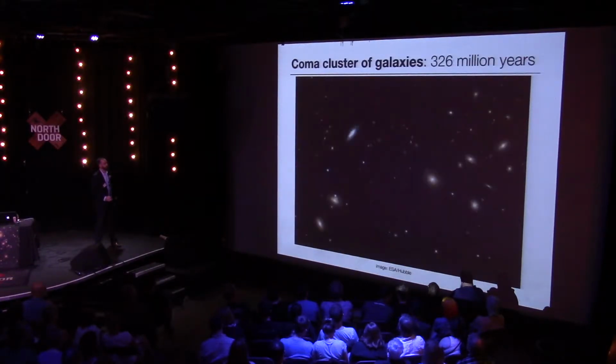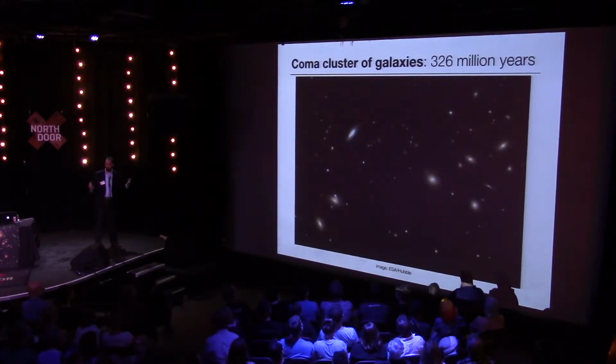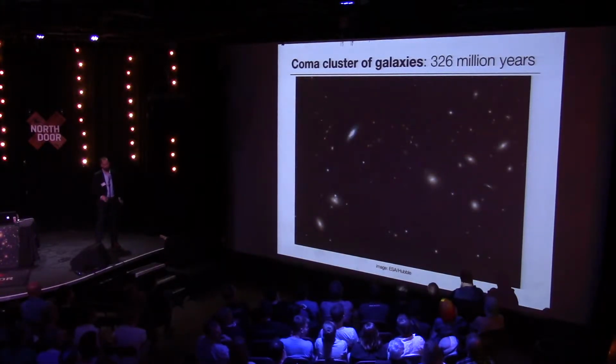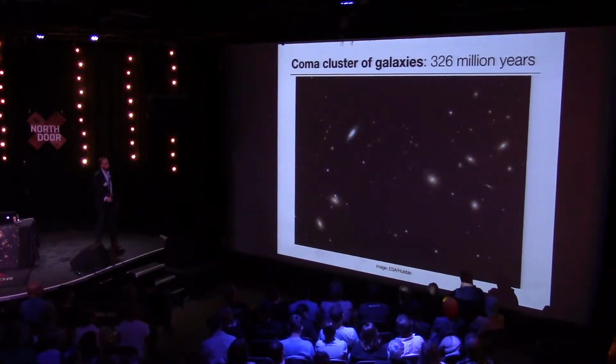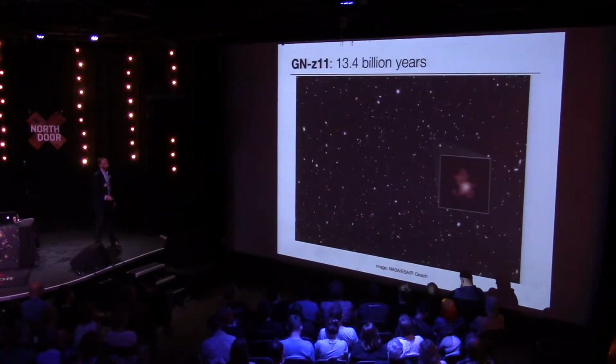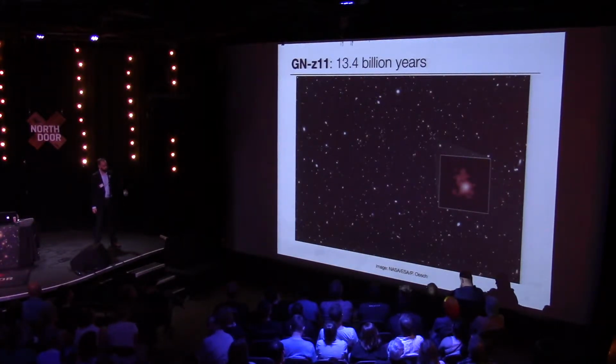This is one of the biggest clusters of galaxies in the nearby universe. So nearby is relative here, right? This is 326 million light years away. But this is one of the nearest big clusters, and it takes light 325 million years from that cluster of galaxies to reach us. And if we really push things back to as far as we can see, the earliest galaxy that we know of is here at around 13.4 billion years ago. So just a few 100 million years after the start of the universe, after the Big Bang.